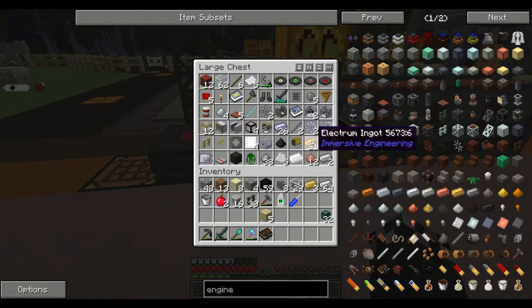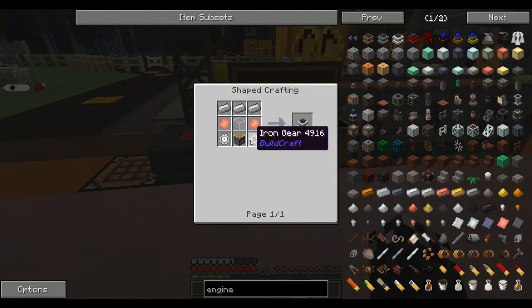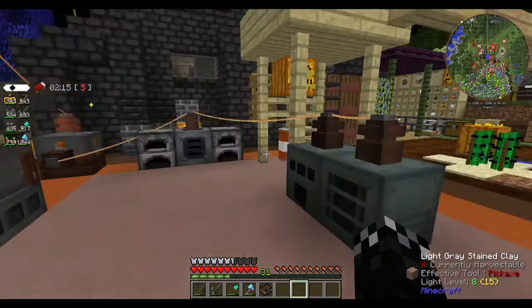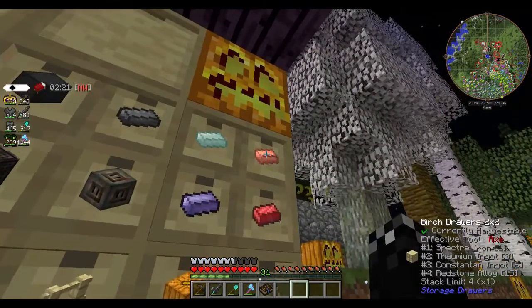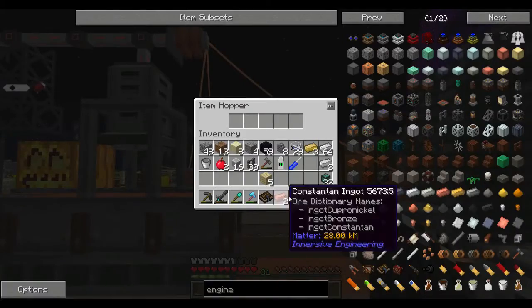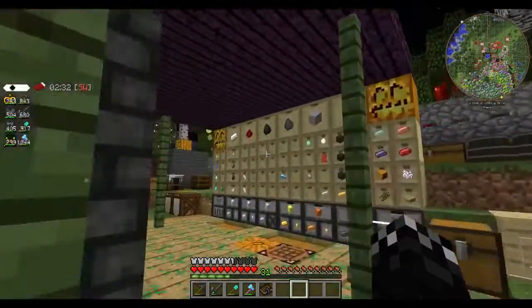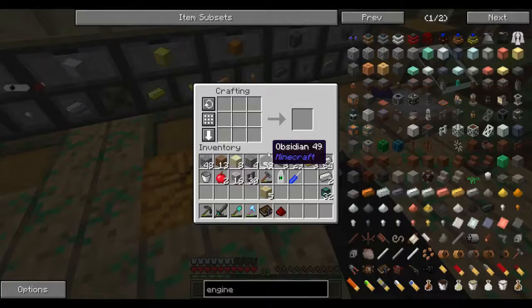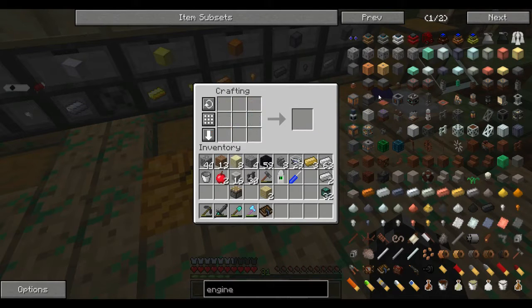So I need the iron. What else do I need? A bit of glass, a piston, and those plates. So let's get the constantan, or whatever it's called. Two of them, and we'll turn them into plates. Like so. Let's grab a piece of redstone, make a piston. And then we want